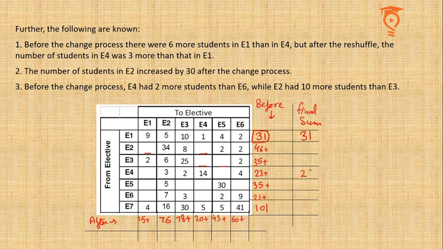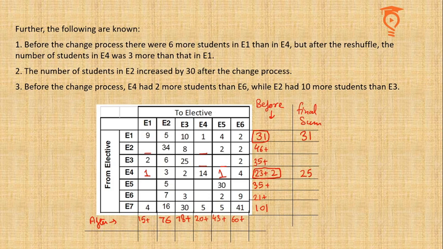Fine. So we have to add 2 to it, and 2 can be added because there are only 2 cells left. So I think we have to add 2 like this. Okay, so this is also done. So this way E4's final sum becomes 25 and E1 was anyway final, it was 31.